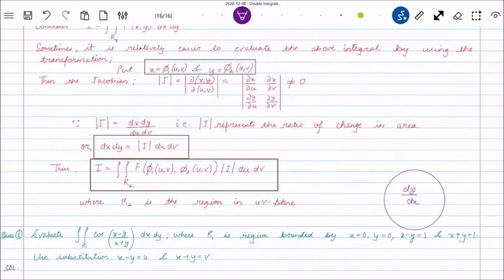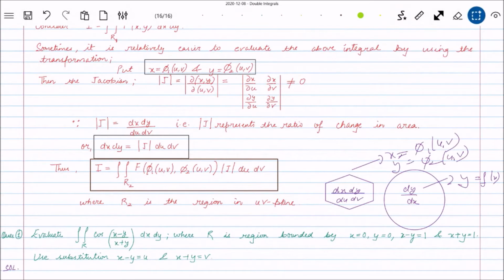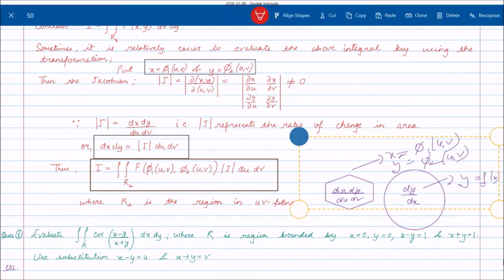ये होता है डेरिवेटिव, yes sir, dy by dx, हाँ। when y is a function of x। तो अगर u and v are functions of x and y, और बल्कि यहाँ तो उल्टा है, x and y are functions of u and v, आप देख पा रहे हैं ऊपर से x and y are functions of u and v, राइट। yes then the derivative will be dx dy upon du dv, राइट। ऐसा आप समझ सकते हैं। इस केस में y is a function of x, इस केस में both x and y are functions of u and v, राइट। तो ऐसे जनरलाइज किया जाता है चीजों को। जैकोबियन इज नथिंग बट इट्स अ डेरिवेटिव, राइट।